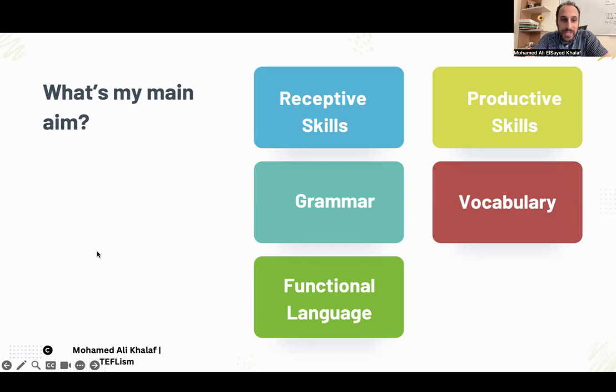What are the frameworks? A framework for each lesson means a set of stages ordered in a specific way to achieve the aim. It keeps your class absolutely organized. What to do, when to do it, how to do it. That's the framework. It gives you the organization and the order of each stage. Let's move on.